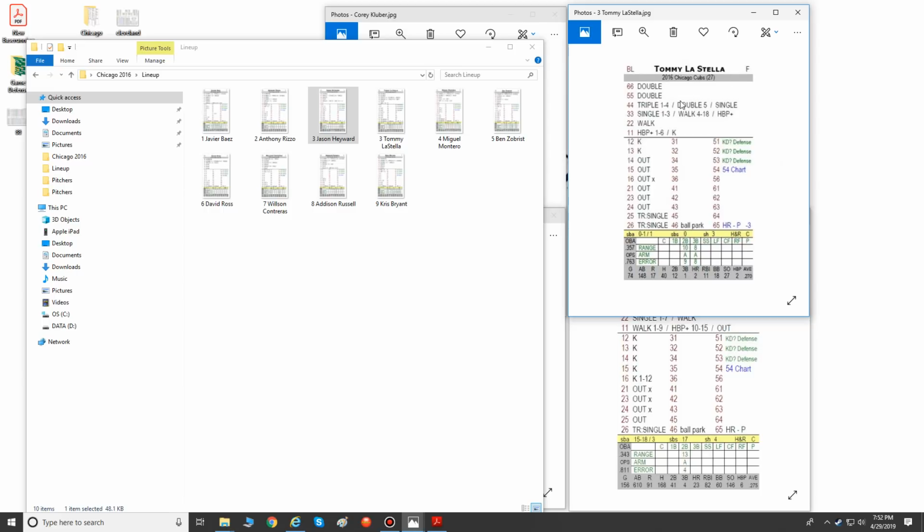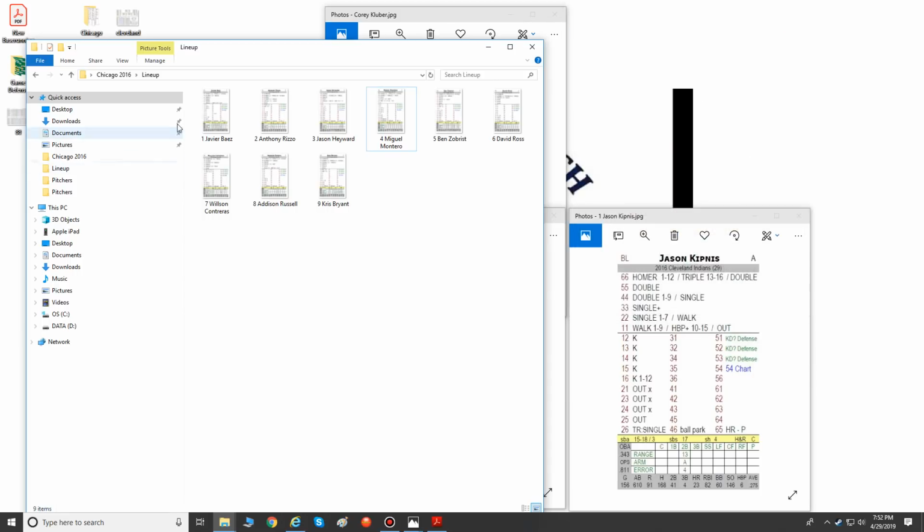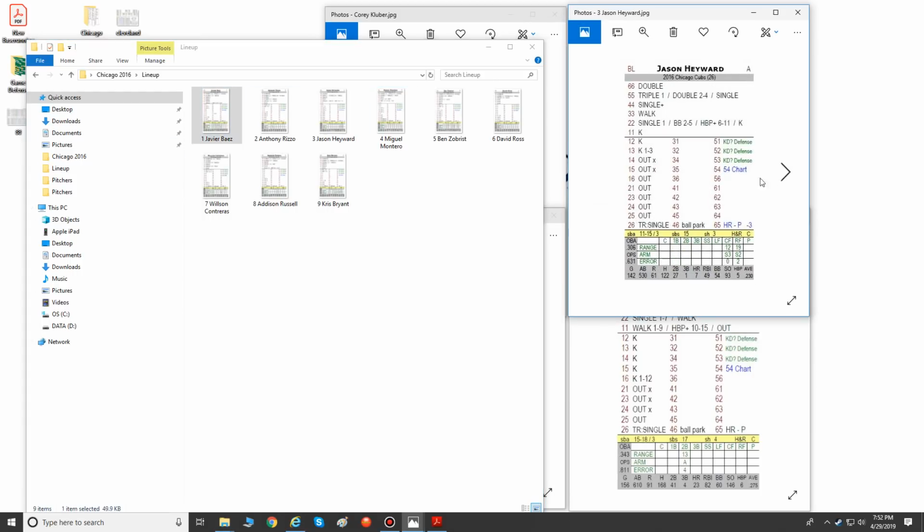So for all that extra work, what I'm trying to show you is a time-saving feature for you guys. Anytime you have a new pitcher or player coming in, I'm actually going to just delete him out of there. There we go. Close it out and bring it back up. So we're now in the top of the 9th. Jason Heyward, I'm going to pull him. It's a 3-3 ball game, so I'm going to bring in